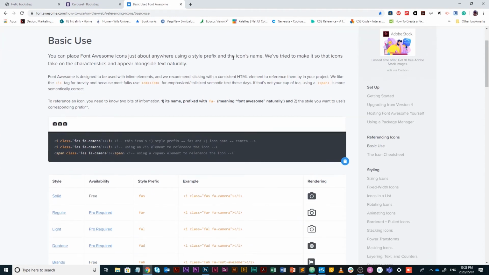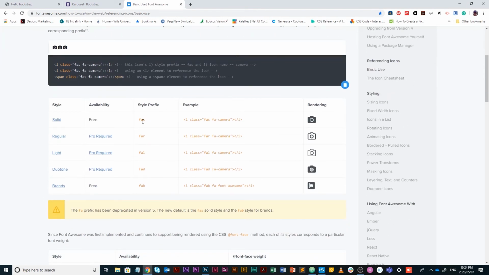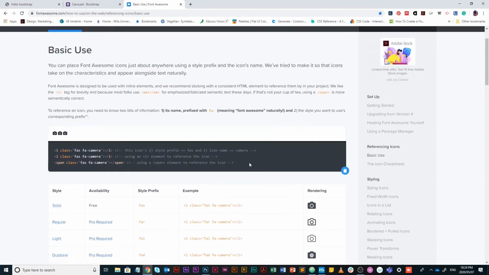Also, make sure that you spend time to know what the style prefix actually means. If it's solid, then there's going to be an FAS. If it's a brand, there's going to be a B, etc. The FA prefix has been deprecated in version 5. I'm using an older version, so you'll see that mine is still FA, but in the newest version,